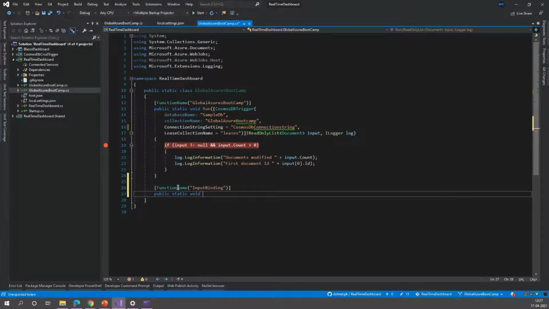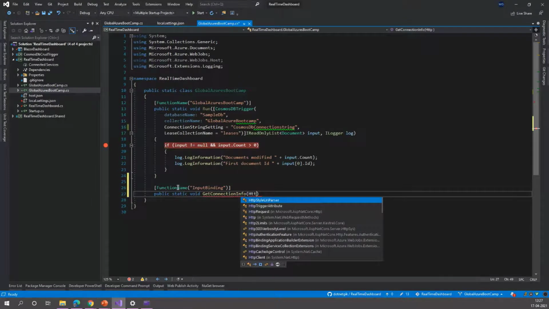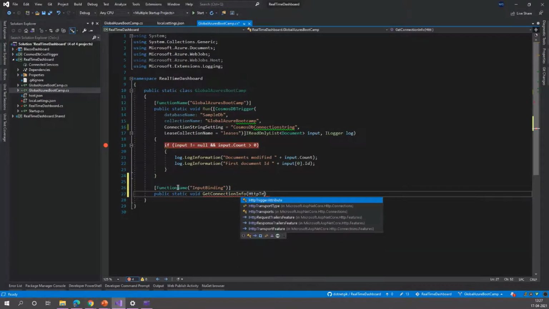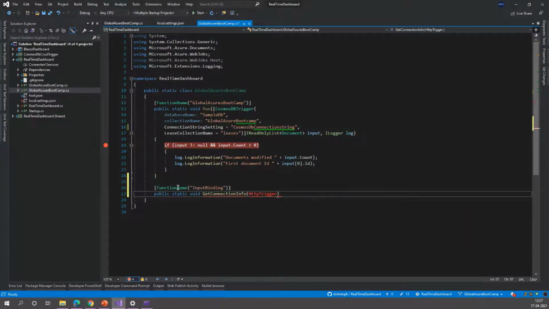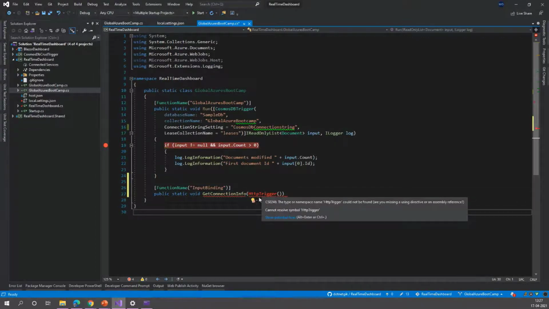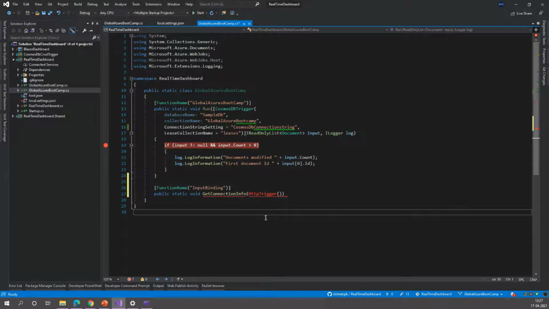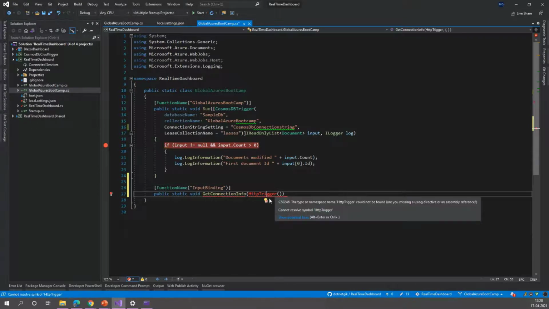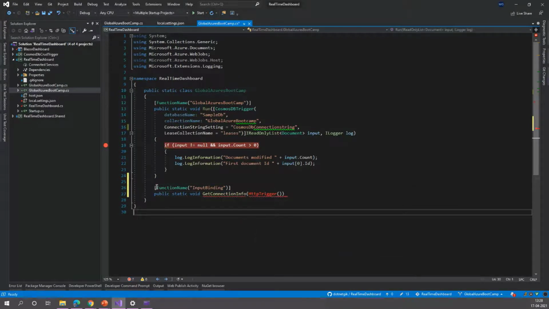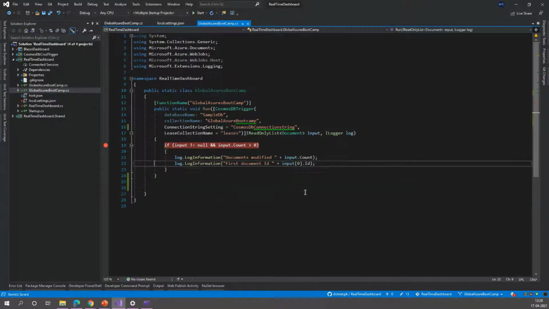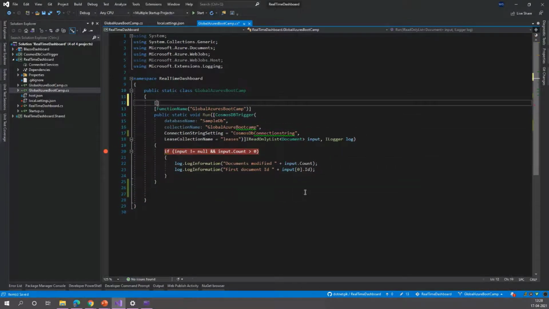Let's add, let's say, an Azure Function. This would be a simple HTTP trigger.